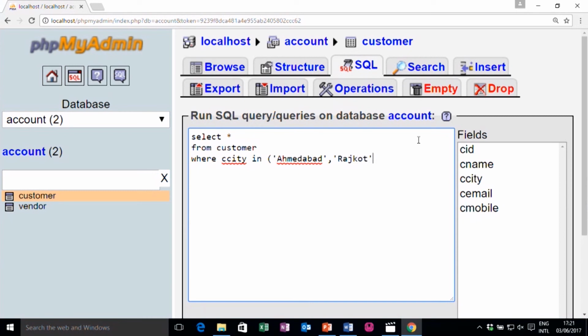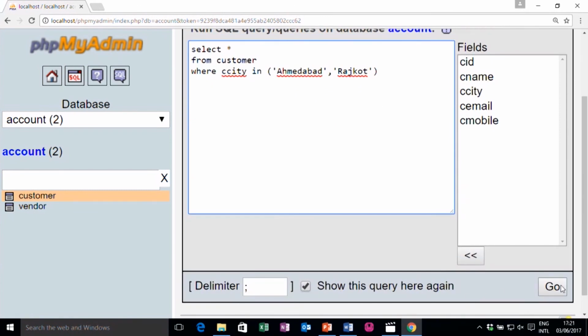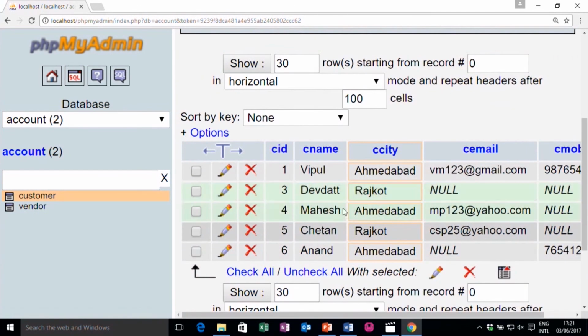It is actually very similar. Instead of that, I can write select star from customer where city is equal to Ahmedabad or city is equal to Rajkot. So, it will give me the result of all the customers who live in Ahmedabad or Rajkot.